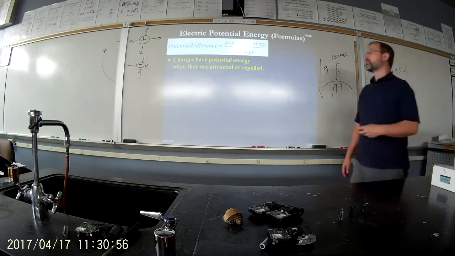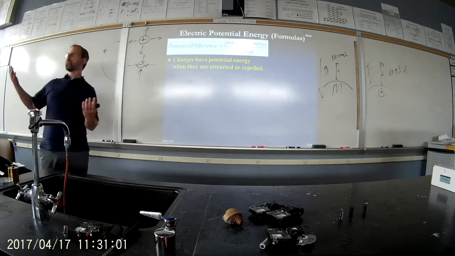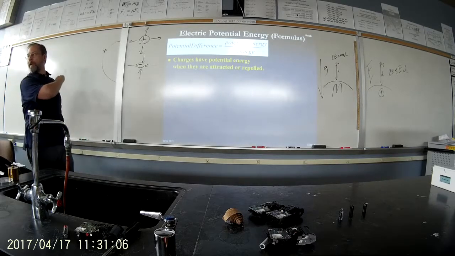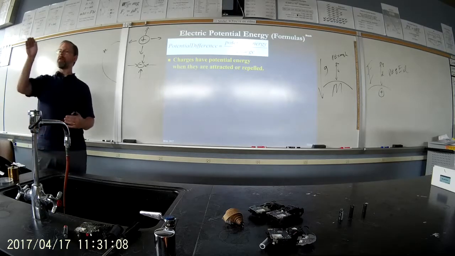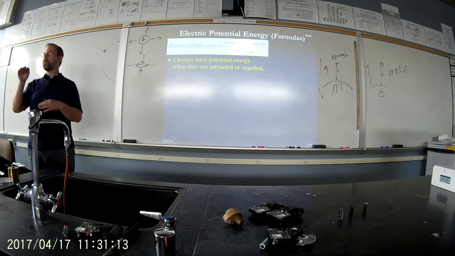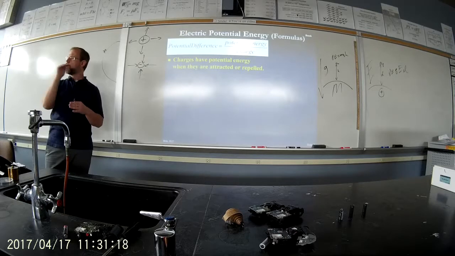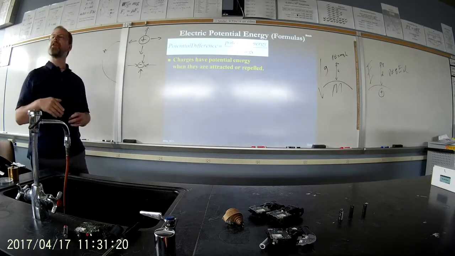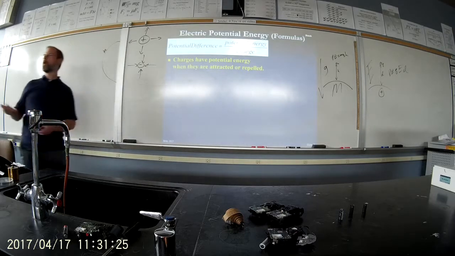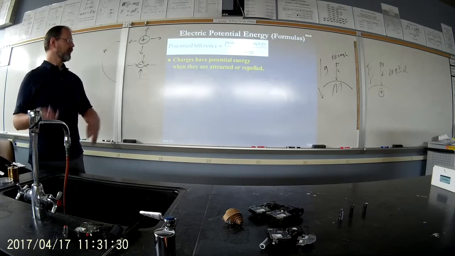Okay, so potential difference is the difference from where you are to where you're going. Like if you jump off a cliff into a lake, there's a difference between the height of the cliff and where the water is that you're going to hit. If that difference was not there, then you wouldn't make much of a splash. There would be no reason for you to go anywhere. There would be no place to go. Potential difference is the charge's place to go. It's the reason for them to go. They want to flow from an area of high potential to an area of low potential. And just like we learned last time,